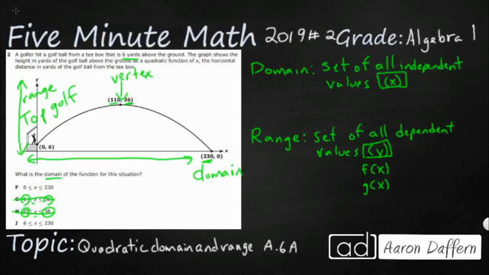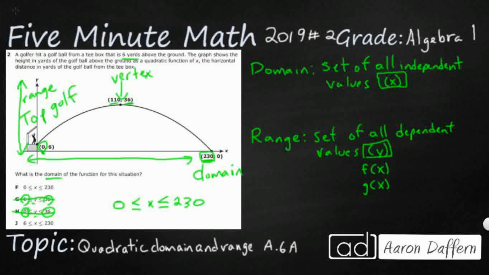So where does it start? Well, let's look at our x values. It's going to start at 0. Okay, so why can't we go beyond that 0? Well, because he really can't go negative, I guess, unless he hits from behind the tee box, but it doesn't really make sense in this real world situation to have a negative. So we're going to stick with that 0 as the starting point, because that's where he is. How far does he go? He ends up at that 230. And we're going to say less than or equal to because he lands on the 230, so you can actually include it,